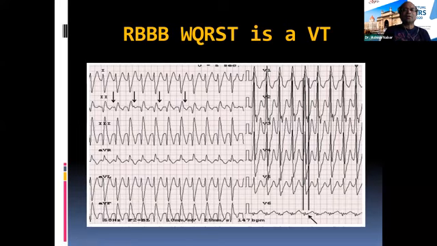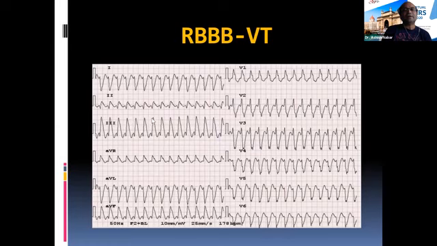But not always can you pick up a VA dissociation well, because in the broad QRS tachycardia, those QRSs are so huge that it's difficult to find the P wave. In that case, you must know some other signs like this. For example, there is a deep S in V6. So therefore, it is very likely to be a VT. Once again, one more example, right bundle branch block pattern with the right axis. So the axis doesn't help you. You can't look at the VA dissociation in this broad QRS tachycardia all over.